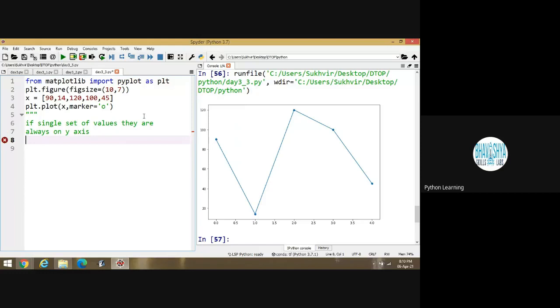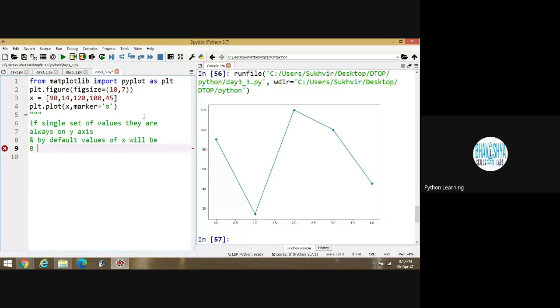And by default, values of x will be 0, 1, 2, 3, 4, 5, 6, up to so on.